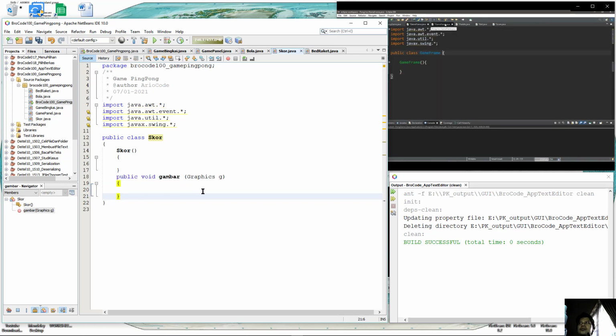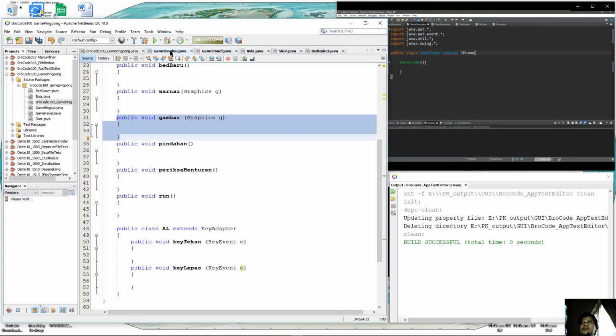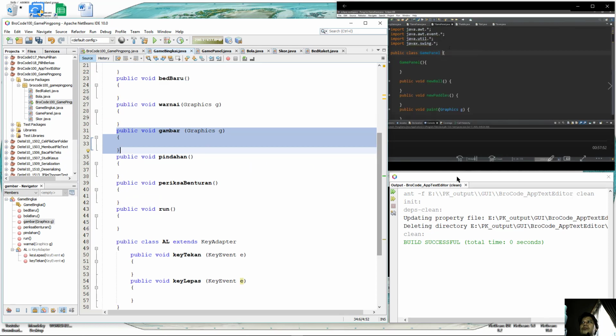So moving on, with a few of our classes, we're going to turn these into subclasses. So let's begin with our GameFrame. Next to the declaration, let's have this extends the JFrame class. So we can treat our GameFrame as a JFrame basically. Our GamePanel will